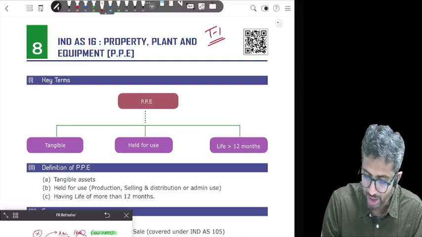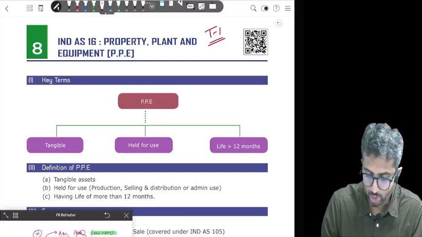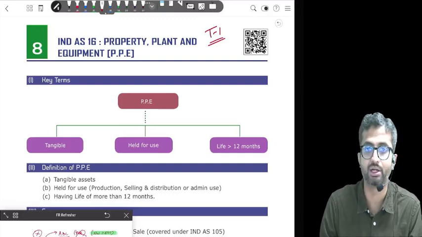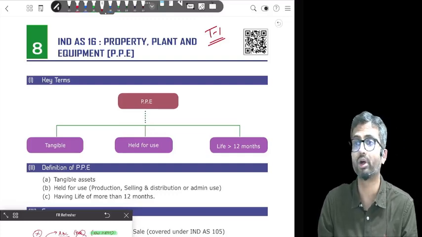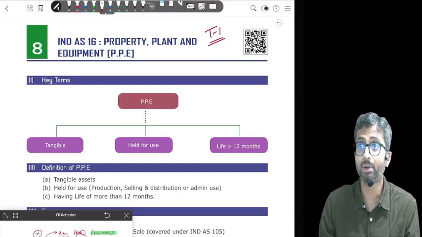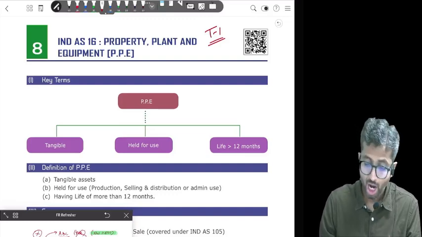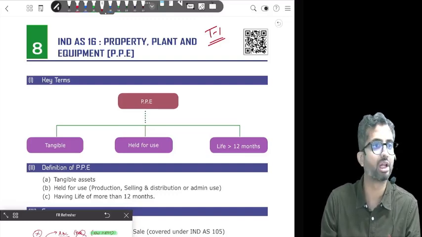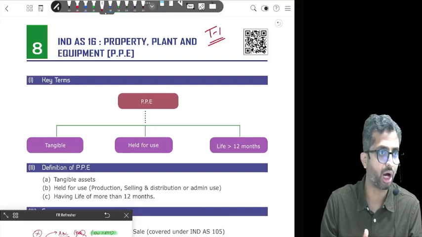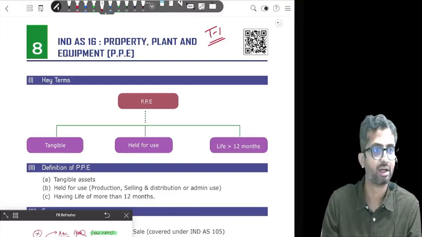Okay, so when I look at biological assets or living assets, if I look at living plants, bearer plants, you guys tell me, bearer plants will be under which standard? 16 or 41? 16. Bearer plants will be under Ind AS 16. Other than bearer plants will go under which standard? 41.